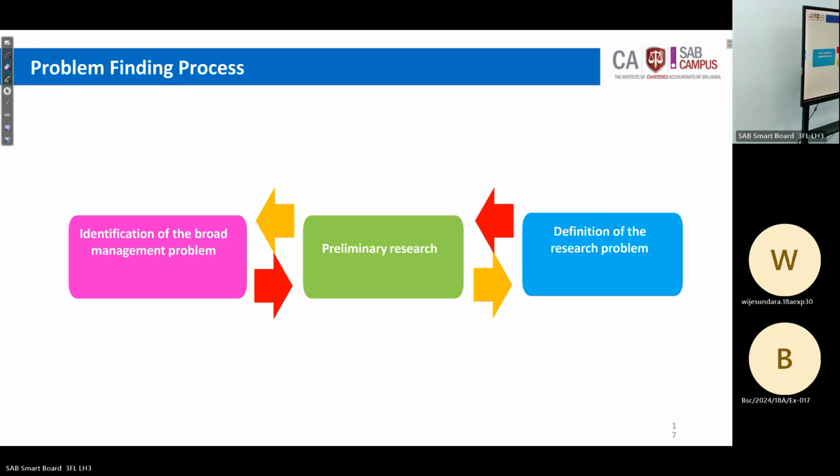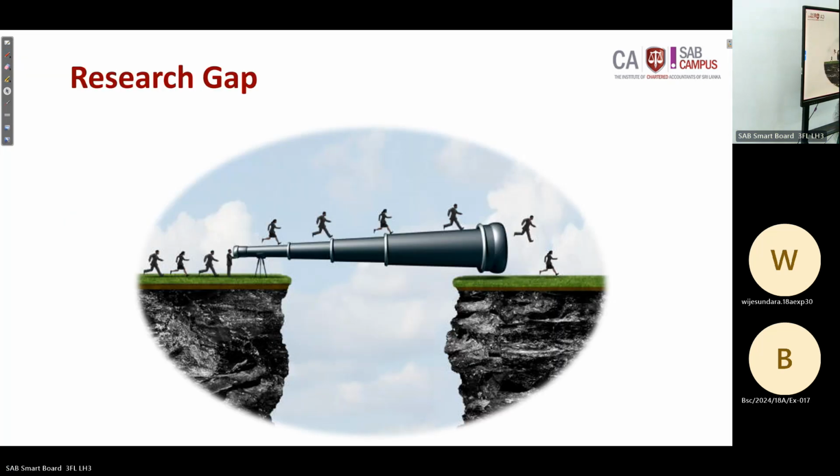So when we are identifying the problems, we have identified the broader problem. Then the management problem, it should be in your context, it should be a management problem, right? As we previously discussed, you have to identify the preliminary research, investigate the previous findings on it. Then you are going to define your research problem, right? The very important concept when we are